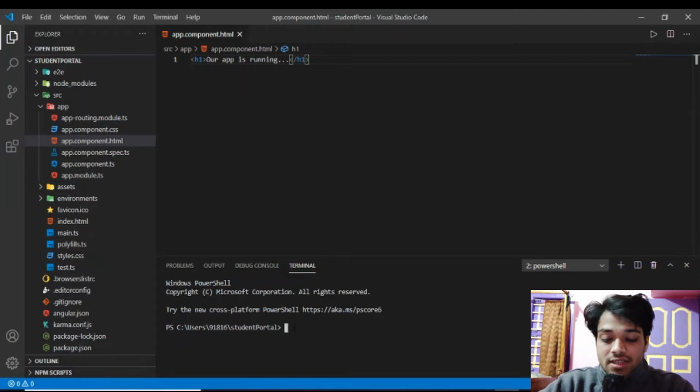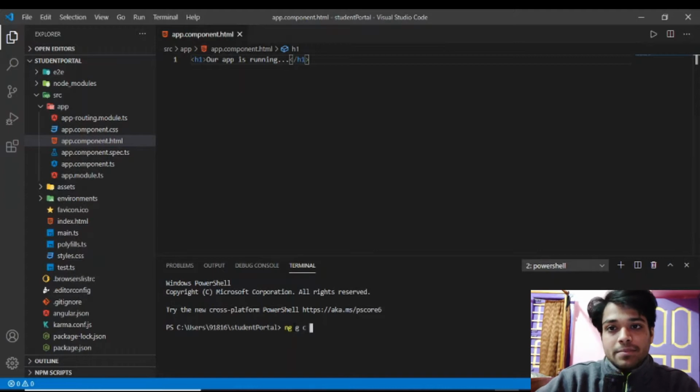This command is ng g. G means generate. ng generate component. Instead of component, you can also write c. So ng g c and then your component name.